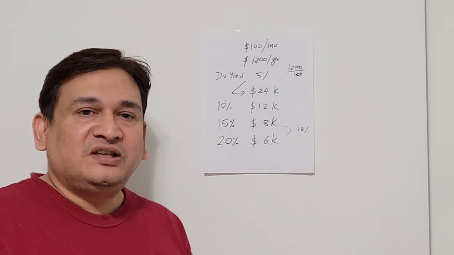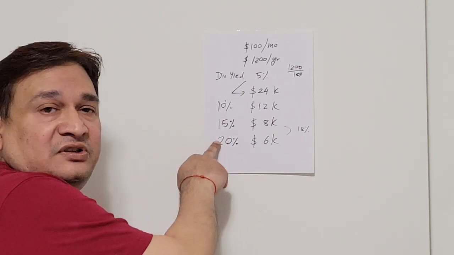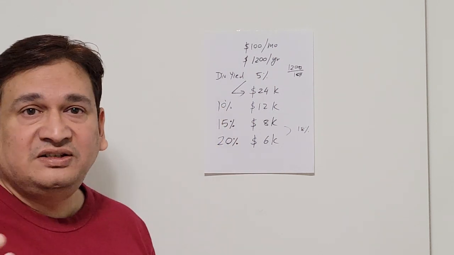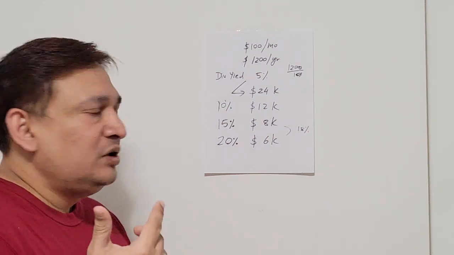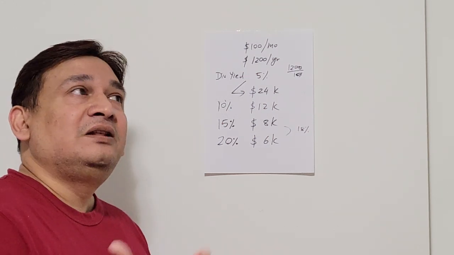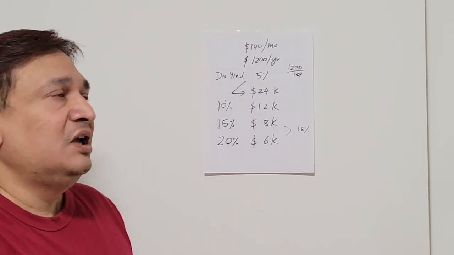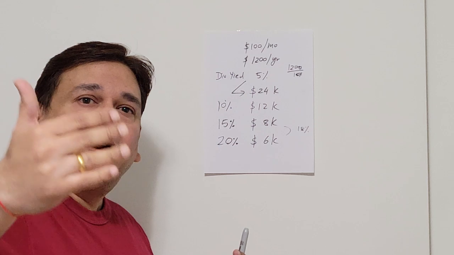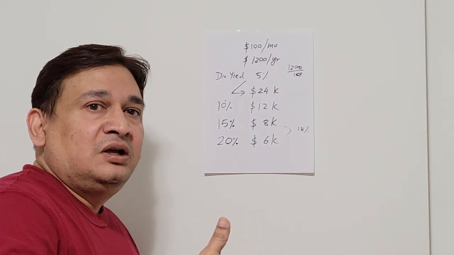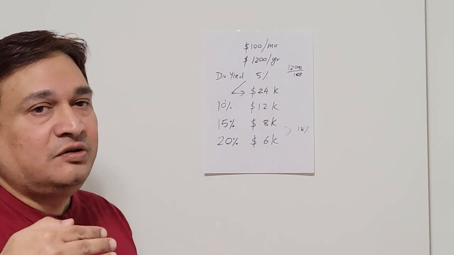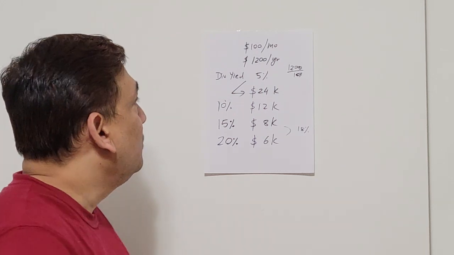I will also show you some examples of funds and the real yields. These are just examples. I have taken round numbers just for easier understanding. But I will give you some examples of real funds, and show the yields of those funds in the last 12 months, historical yields. However, in future this can change. Based on the historical yields, we'll try to figure out how much money you need to invest if the same historical performance is repeated or is sustainable in the future, how much you need to put in to get 1200 per year,